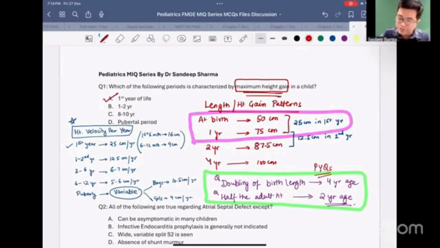And this 2 years of age is not 18 to 24 months, Ronak Agarwal; it is 24 to 30 months, which is a better answer if you have ranges mentioned. It is wrongly mentioned at some places as 18 to 24. We have to take the Indian standards into consideration, not the American standards. Americans are taller than us, right? So this is the first question. The answer is A, and these are the key points and PYQs related